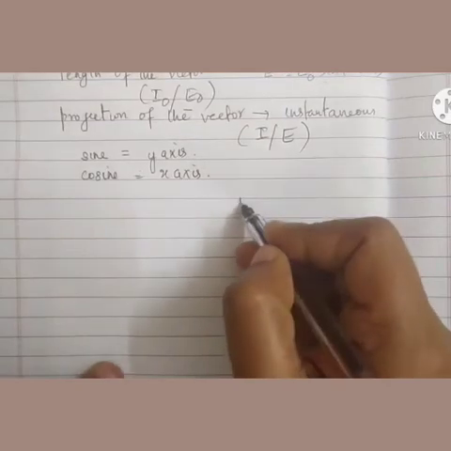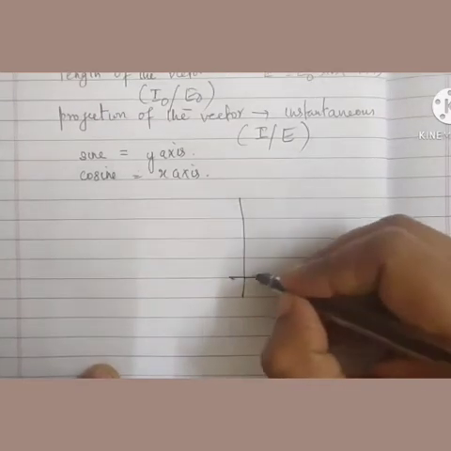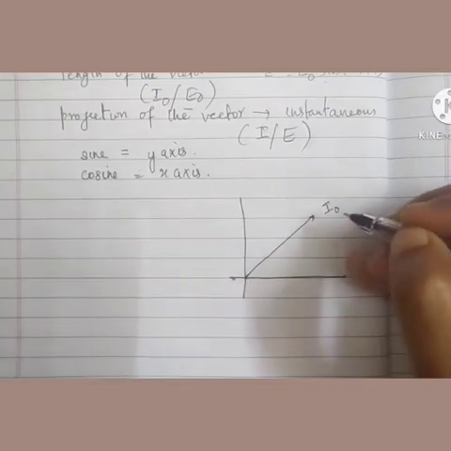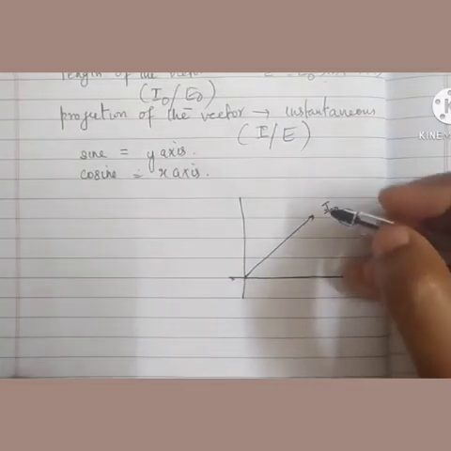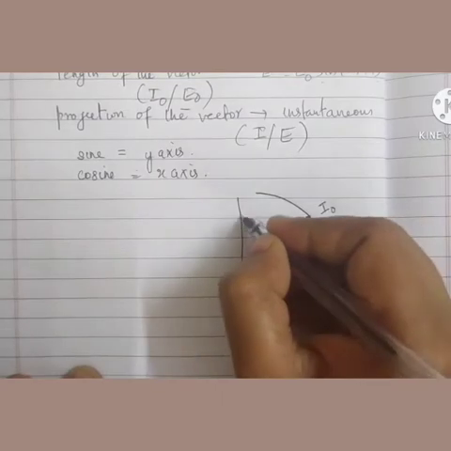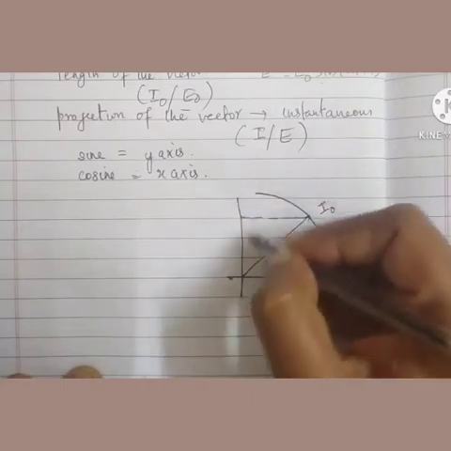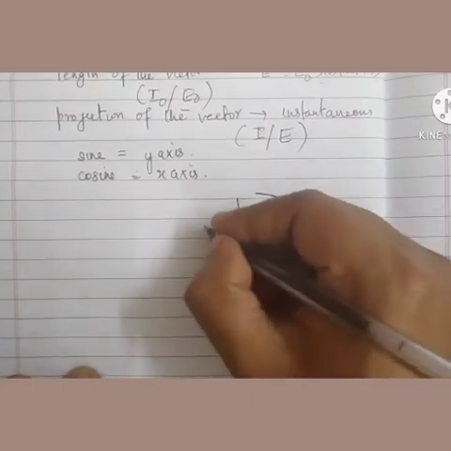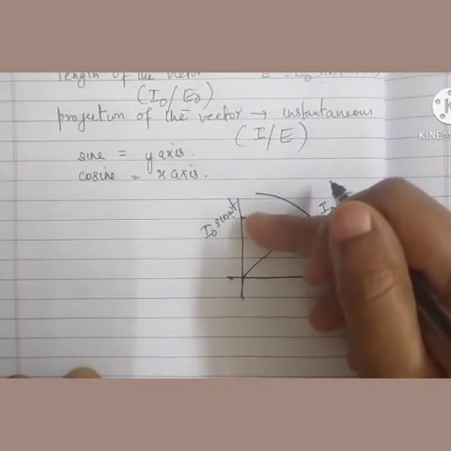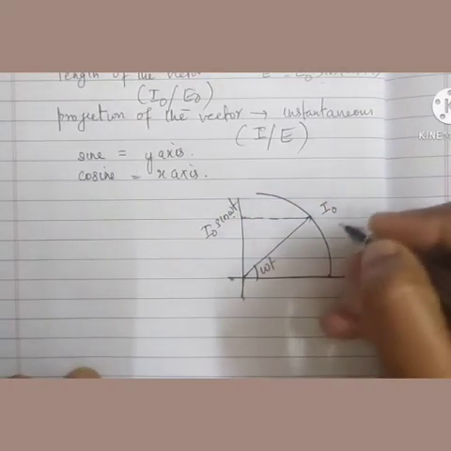Suppose we can draw a phasor like this. Okay. The length of this vector is actually the peak value, that is I naught. Clear? Now this is the projection. Okay. So this will be the instantaneous value. The projection will give you the instantaneous value on the y-axis for a sine function. So this is actually the what? Instantaneous value. Clear for you? This is the angle omega t.